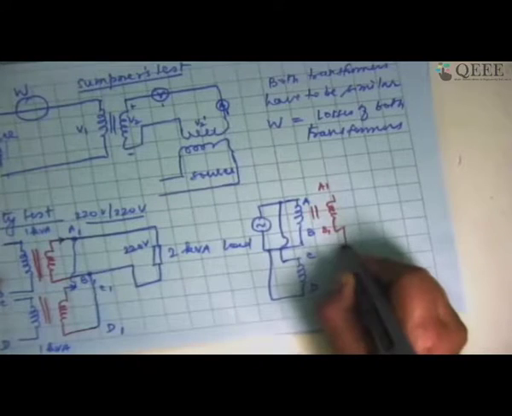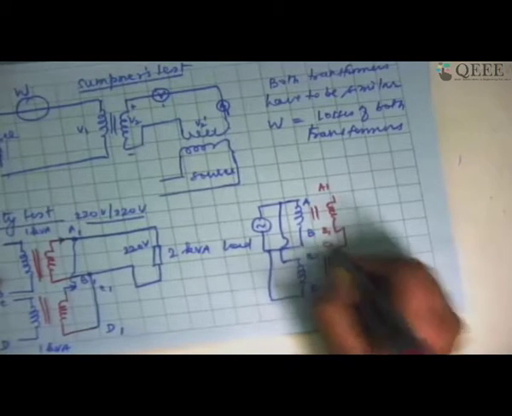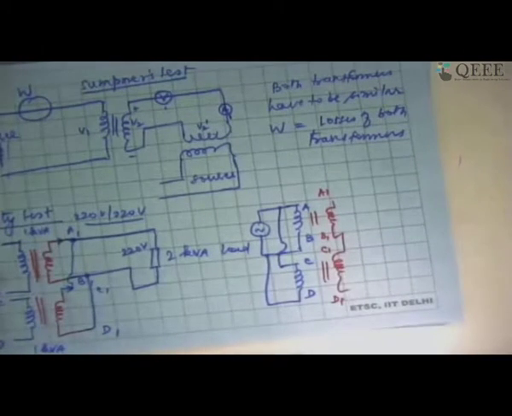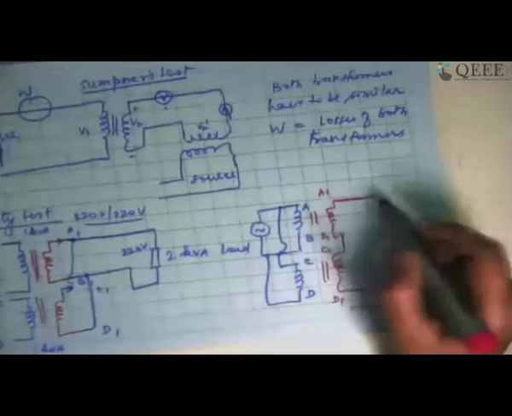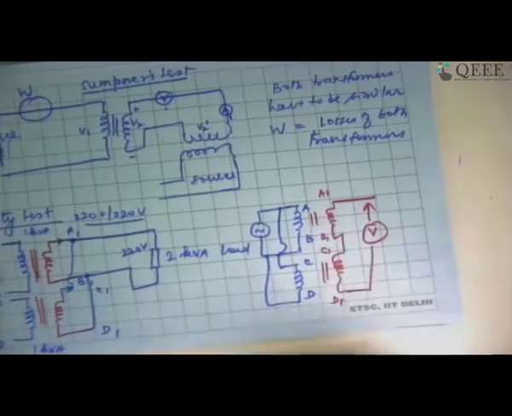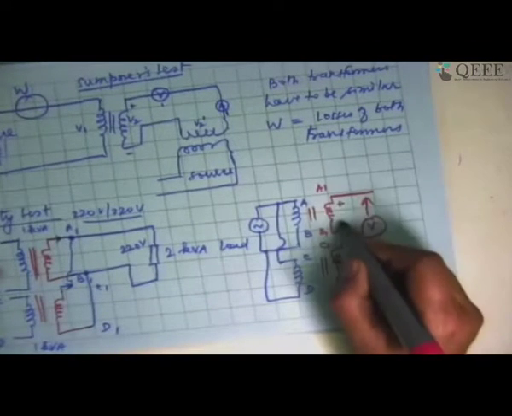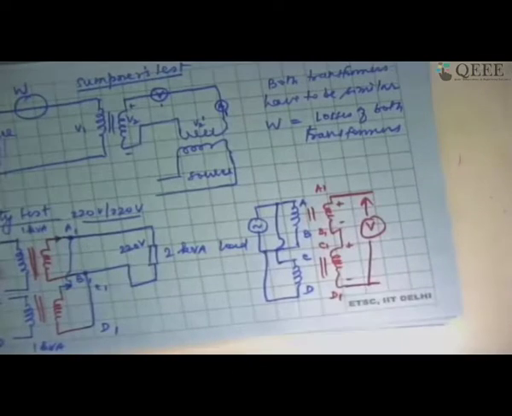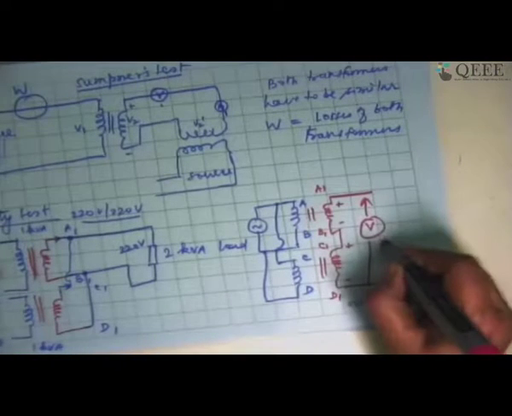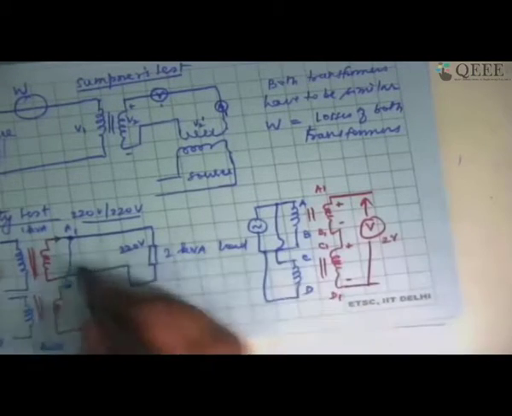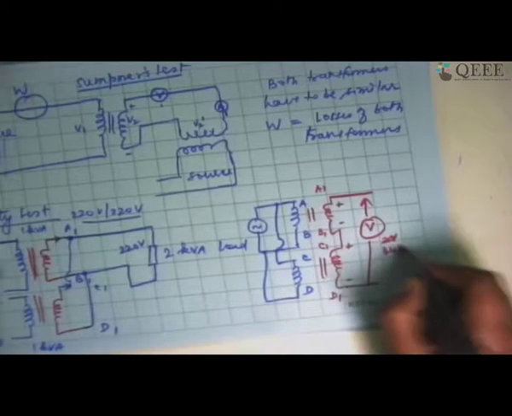Now I have the secondary side, which is A1, B1, and I have another secondary here, which is C1, D1. I'm connecting them in series. You can understand that B1 and C1 are connected together, so they are coming in series. If I measure the voltage here, what will be the voltage? If I have the polarity in such a way that this is plus, this is minus, this is plus, this is minus, then I'm going to have essentially both the voltages in series addition. So I will get 2V, or if I apply 220 volts, I'm going to get 440 volts here.